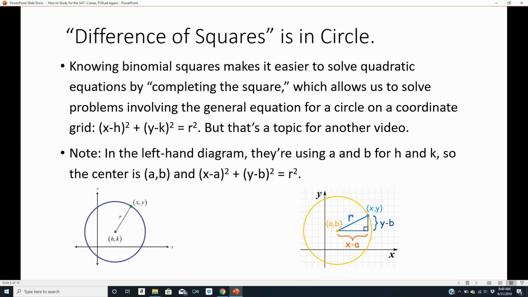But the SAT and the ACT, especially the SAT, are not above doing that, where they'll just give you different variables instead of the ones that you probably learned in class to see if you can handle that. So just know how they relate, and it won't throw you if they use different variables, and you'll avoid stupid